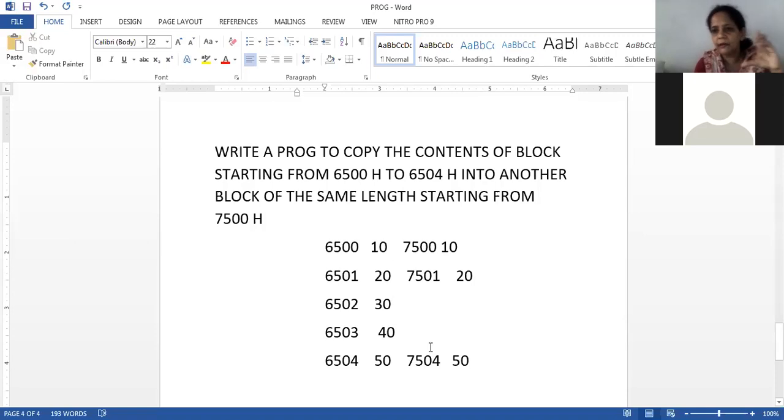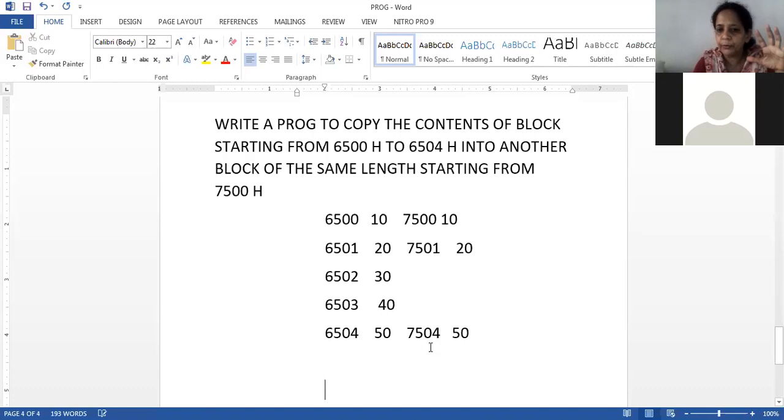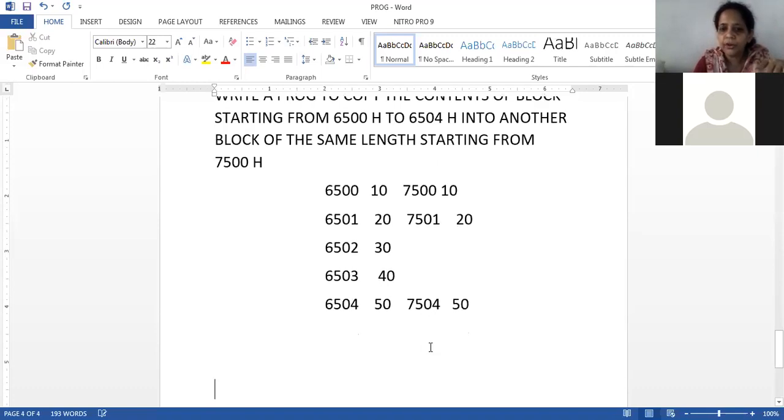First thing is you must understand what is the aim of your program. Then only you will be able to write the programs. Okay. Now what can be the logic? How many memory locations are there? That is the same part. How many times will you have to repeat now?